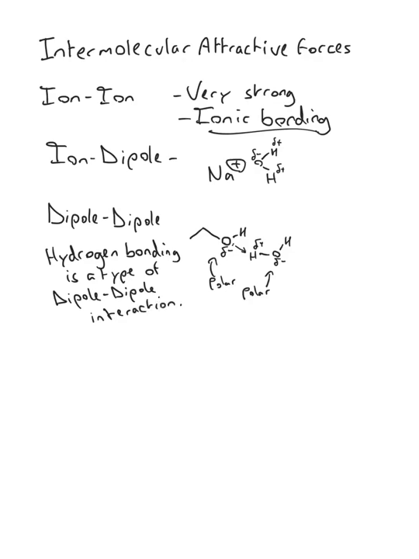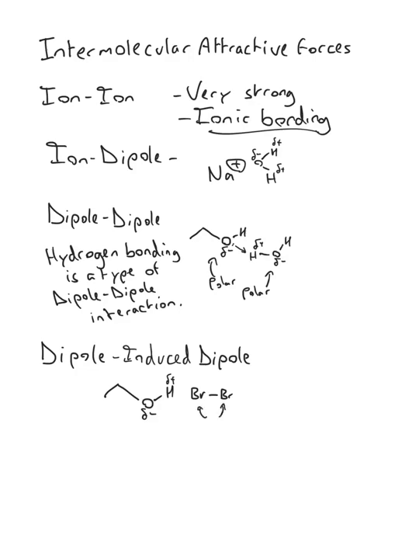Alrighty. Next, we have the dipole-induced dipole. So this is where something that does have a dipole, such as, we'll continue with ethanol, is interacting with a molecule that does not usually have a dipole, such as, say, bromine. So bromine will look something like this. As you can tell, both are the same electronegativity,